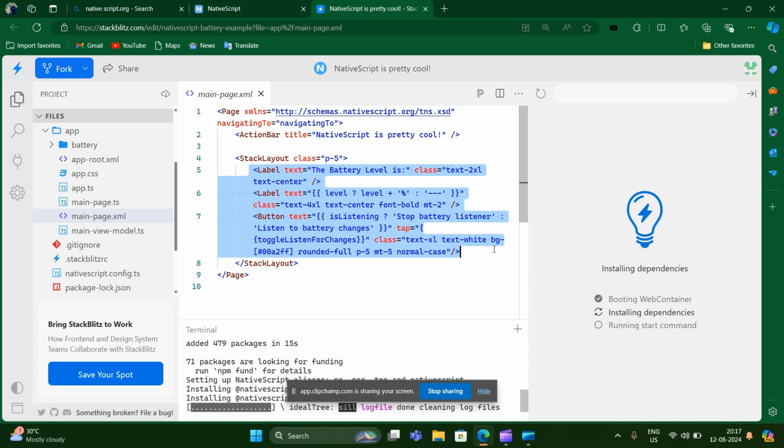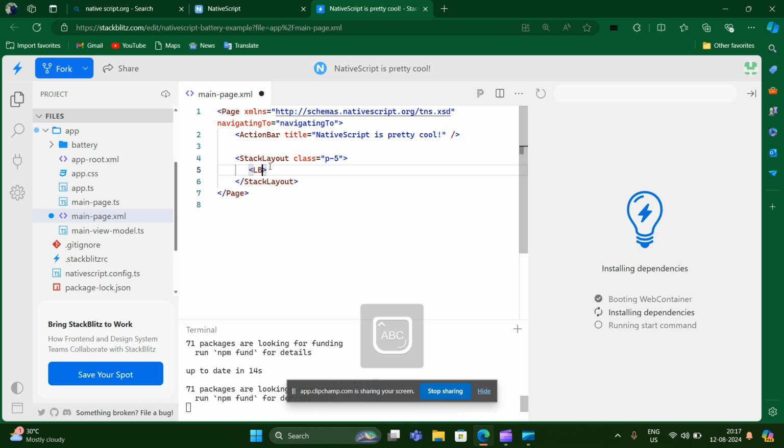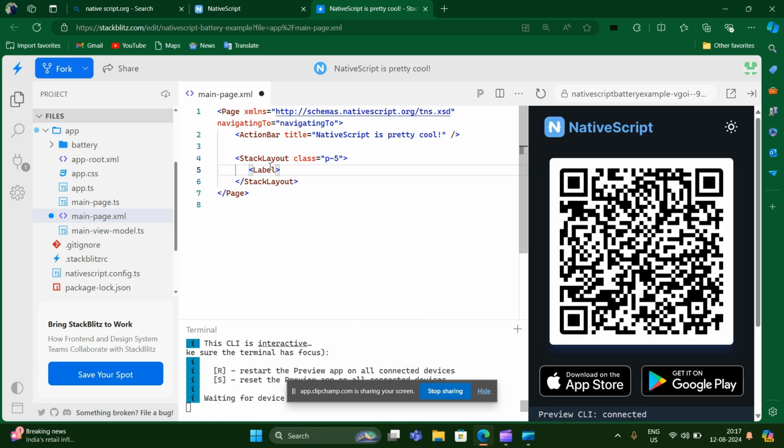So first of all, let me delete it. You can see I am adding the label tag. You can see this is the format of how we can write the label tag. You have to use these tags, okay? Then you have to write the label and then a forward slash. If you miss this slash, then it will not give the output, and an error will be there.